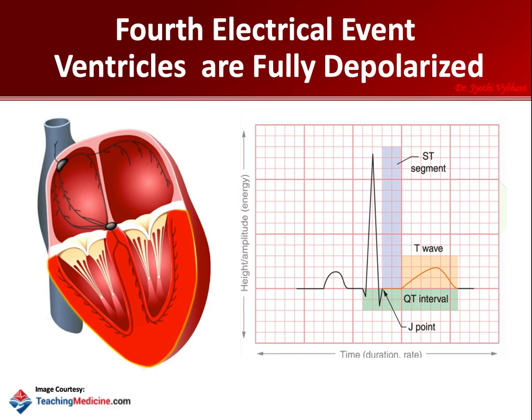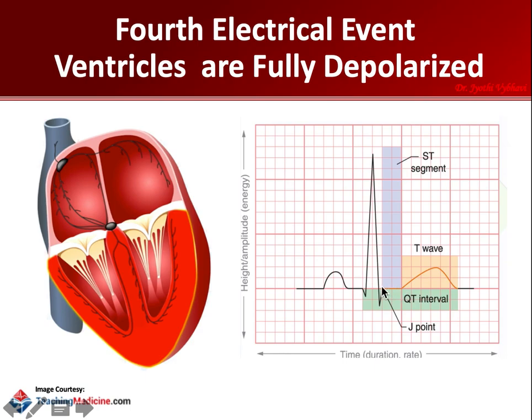Do you think there is any production of vector now? No, there is no vector until the ventricles are completely depolarized. Because they are completely depolarized, the needle does not show any fluctuation. And on ECG, it is represented by a straight line here. This is called the ST segment, which I shall be explaining later, that the straight line is represented like this.